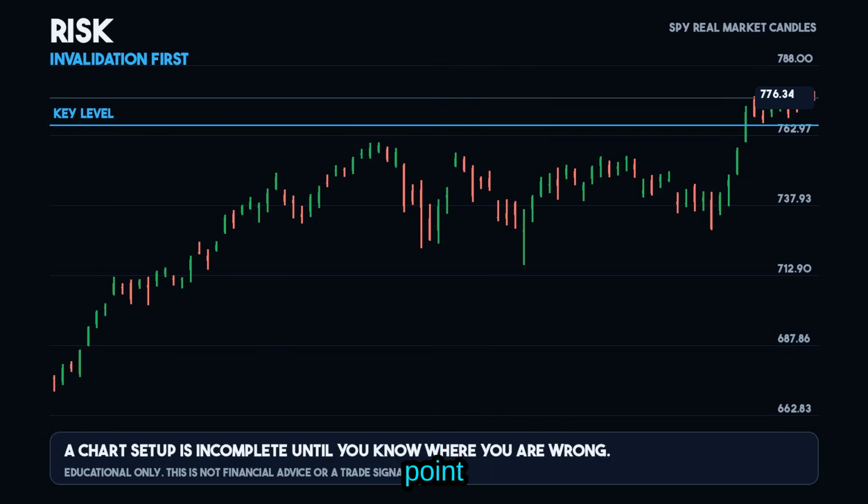One final point: don't get too caught up in the numbers. While it's essential to consider risk and reward, it's equally important to trust your instincts and make trades based on your